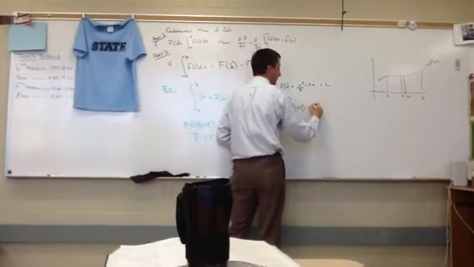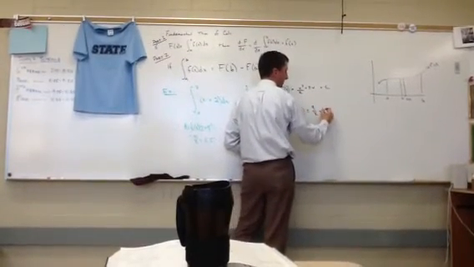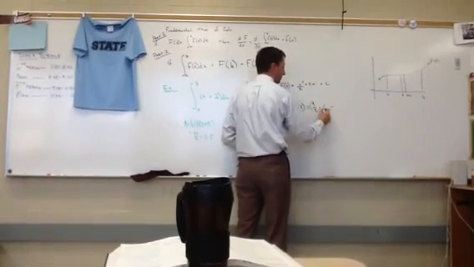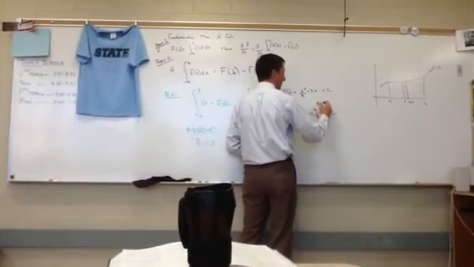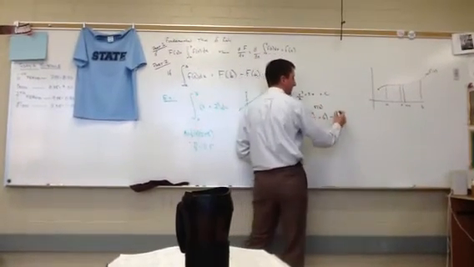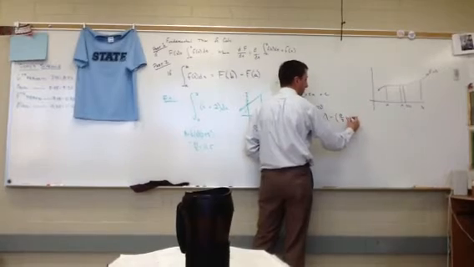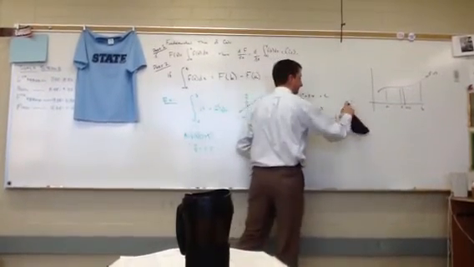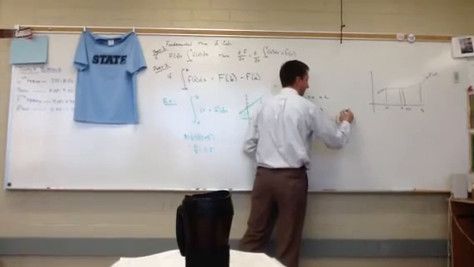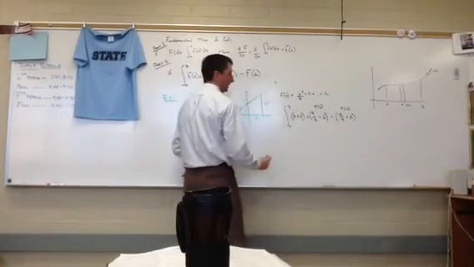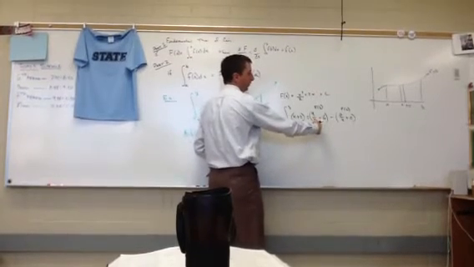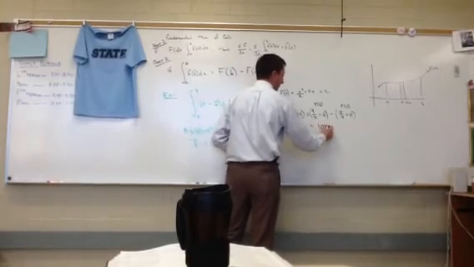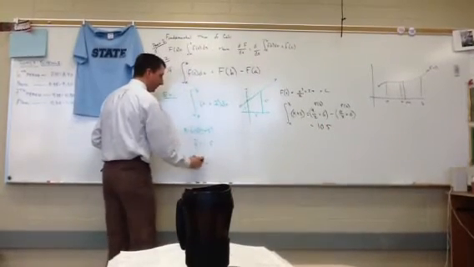So it's going to be 9 over 2 plus 6, minus, this is my f of b, minus 0 over 2 plus 0. That's my f of a. That's going to equal 4.5 plus 6, which is 10.5,